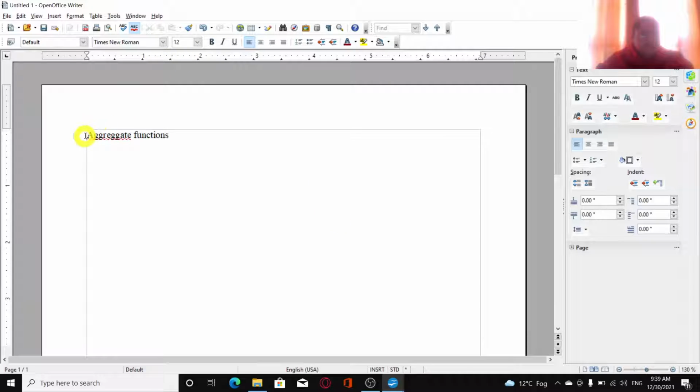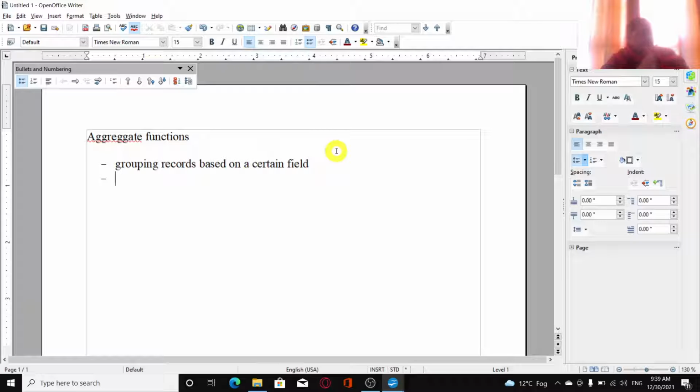Aggregate functions are those type of functions which help us in grouping records. They help us to create groups of records based on a certain field. For example, if I have employees and their departments, I can group the employees based on their departments: 5 employees working in the sales department, 3 employees working in the purchase department, and so on.